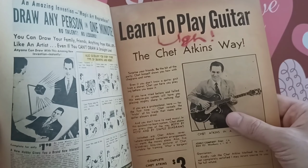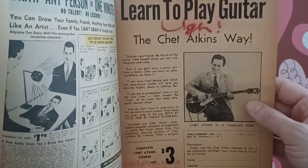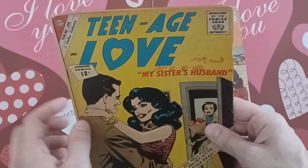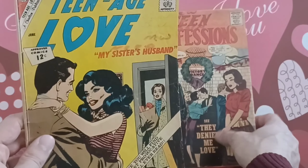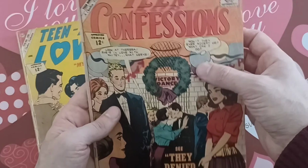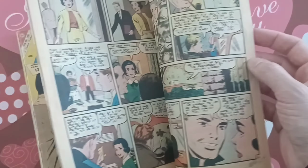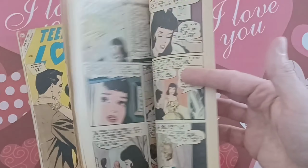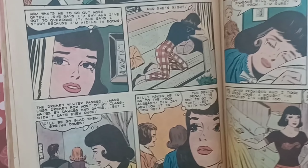You can see the previous owner even wrote maybe disdain for guitar playing, or maybe Chet Atkins. But a little bit of adding. We have to thank Carol for this book, Carol Budke. She previously owned both of these books and added some color touches right there, naming Tony and Terry, maybe the characters. So it's kind of fun to see how somebody enjoyed these books before when they came out fresh in the early 1960s. You have that tearful eye,